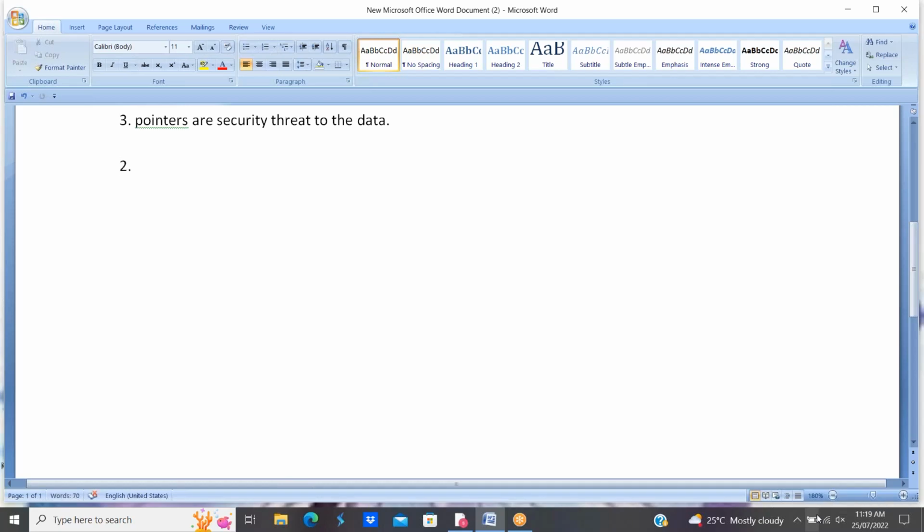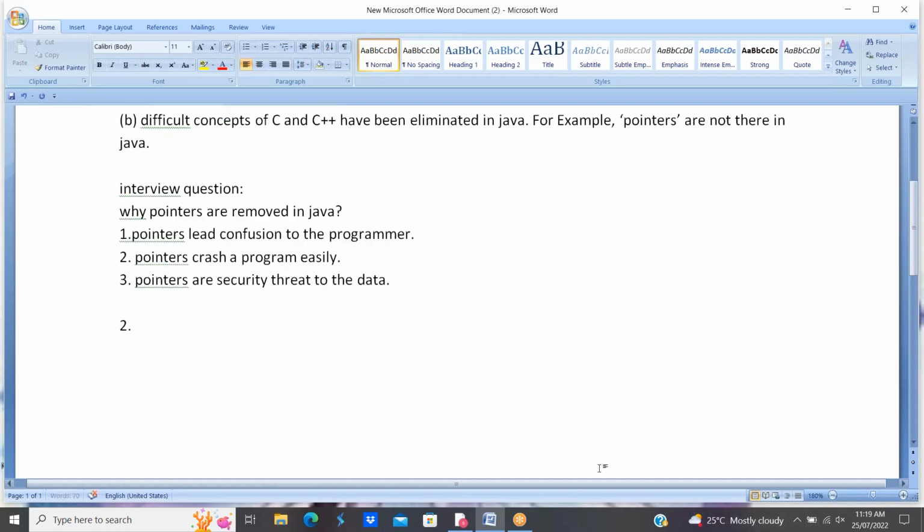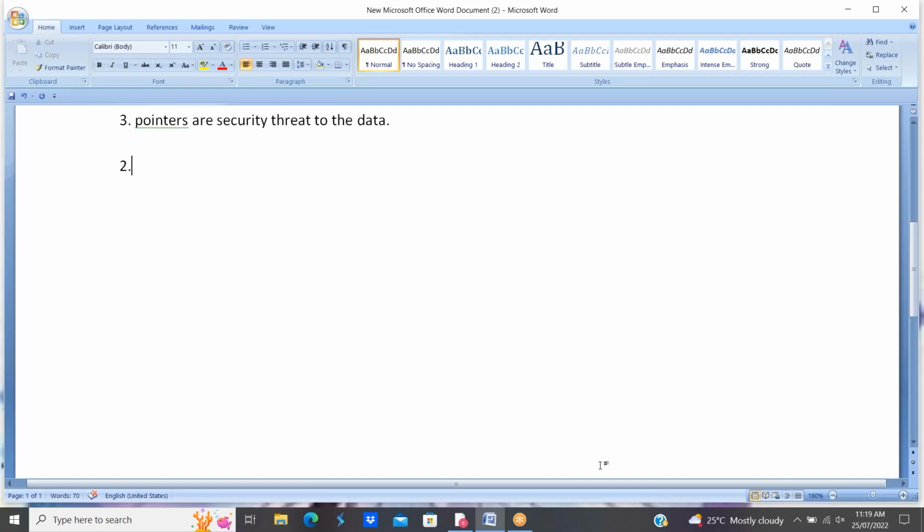The second feature, what is the second feature we are having? It is object oriented programming. Java is object oriented programming. Why are we calling Java object oriented programming? Let us see. We can call any language an object oriented language